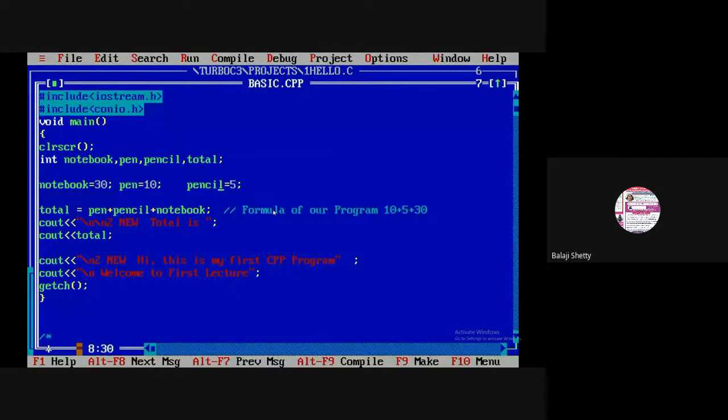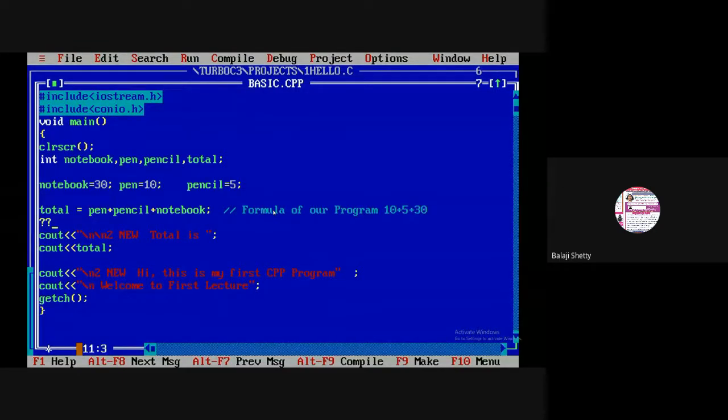Understood what I have done? I have declared the variable on the same line, int, and assigned on the same line. So for any program there is a formula. First identify the formula. Okay. Then in the formula,